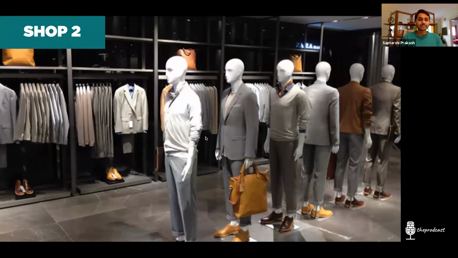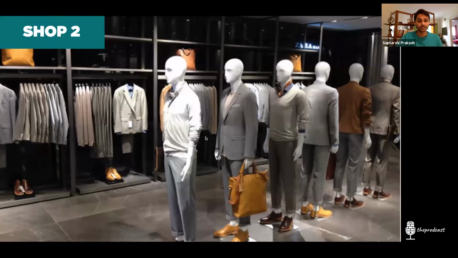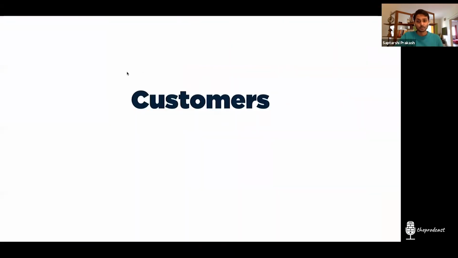So at first glance, although these two might have the same functionality, they're completely different products. And one of the major things which differentiates these two, in addition to many other things, is design. Because the emotions of the people are different, and so are their needs. So you need to know your customer, who they are, what they want, and their needs.